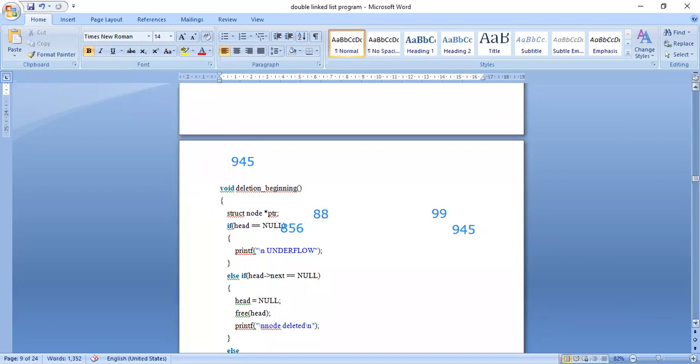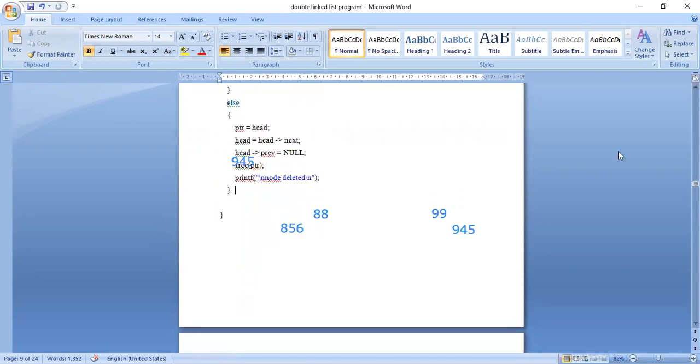The memory that was represented by the pointer. Here, because a single node is there, that node address will be stored in head. So I will be freeing that head value. Head always represents the starting address of the starting node in the double linked list.